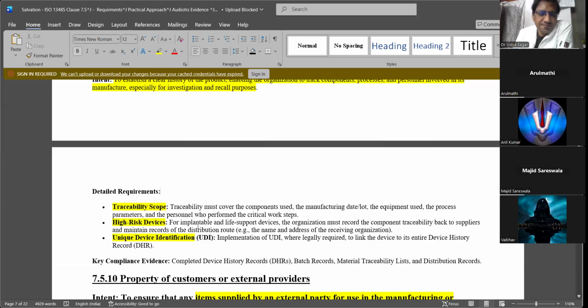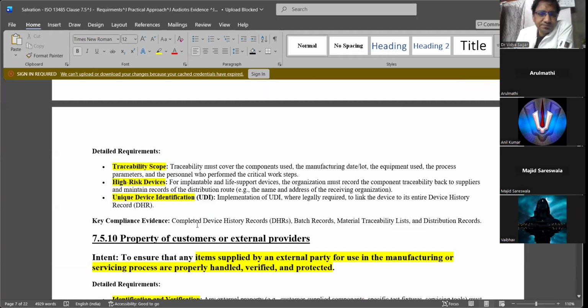I'll explain this when I come to the traceability section, because when you have this UDI, DI plus PI, you can identify your device anywhere in the globe, any hospital.